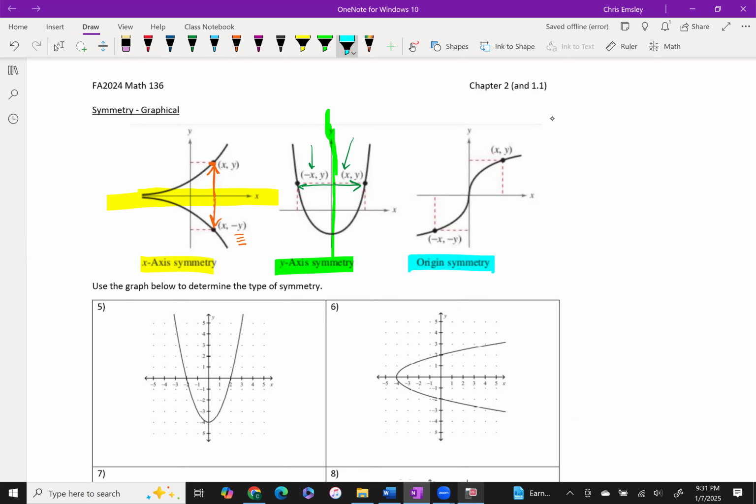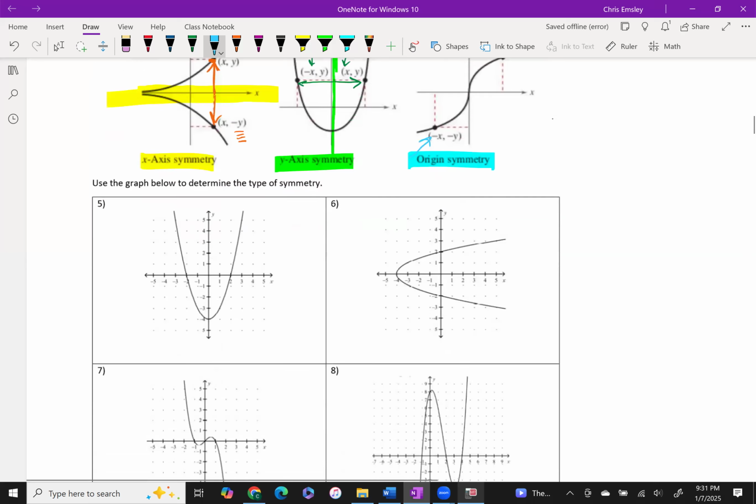But the best way to think about it is if we look here at any point on the graph, x and y, if you flip the signs of both of those coordinates, -x and -y, that point also has to be on the graph. So let's look at some examples and see if we can identify what kind of symmetry